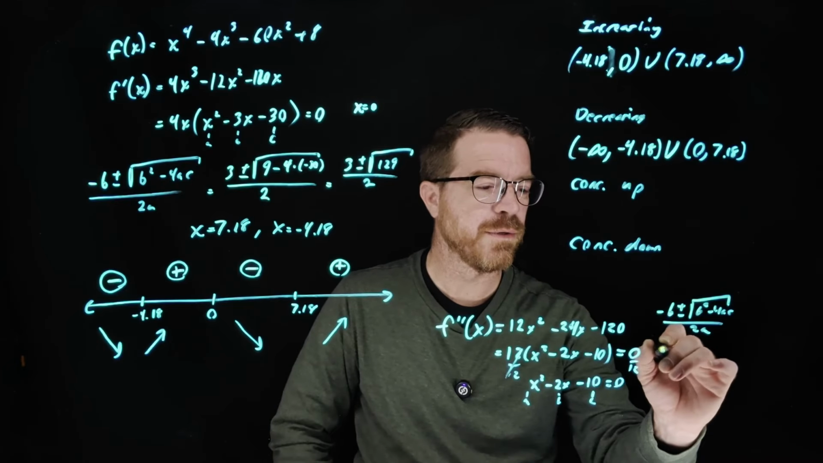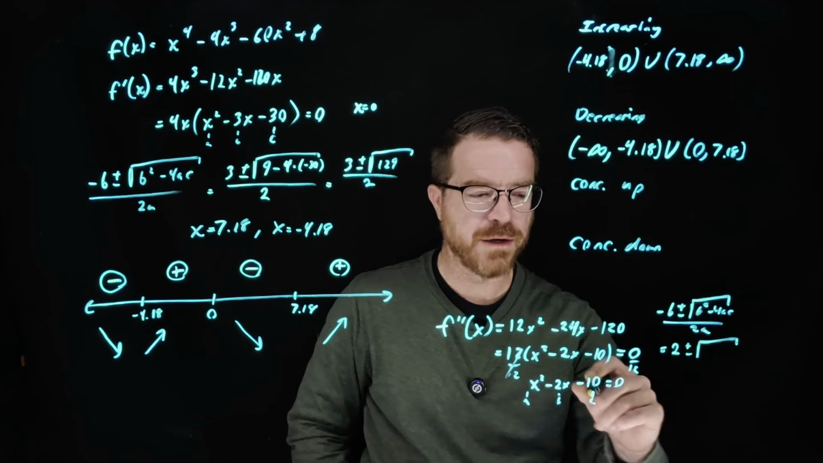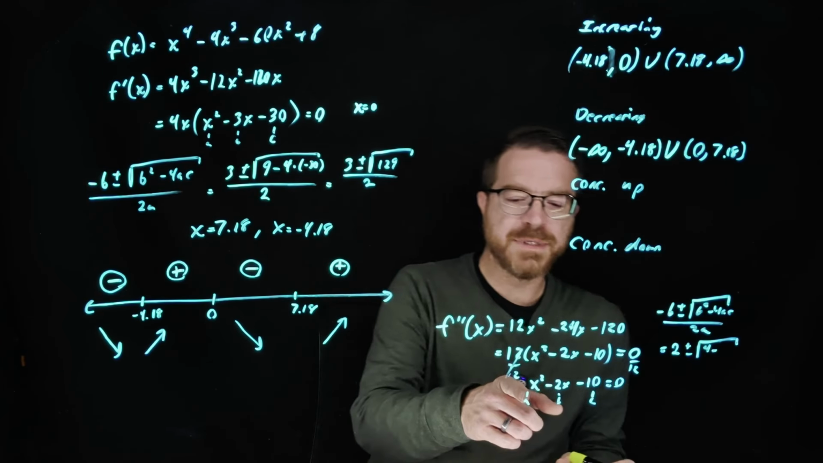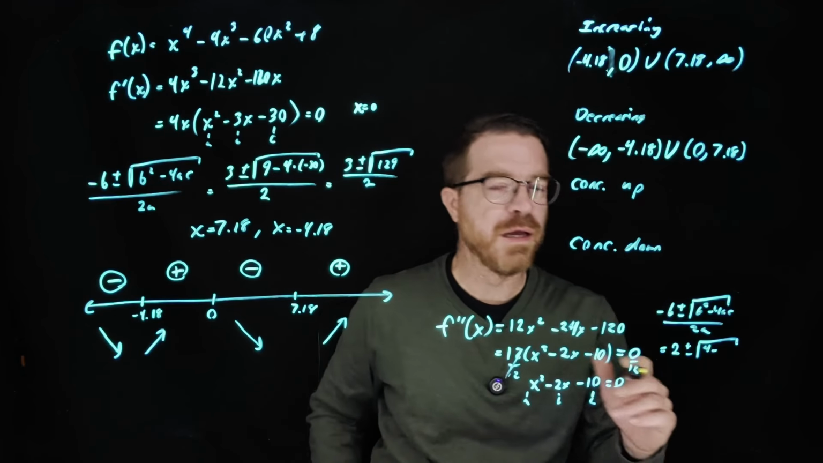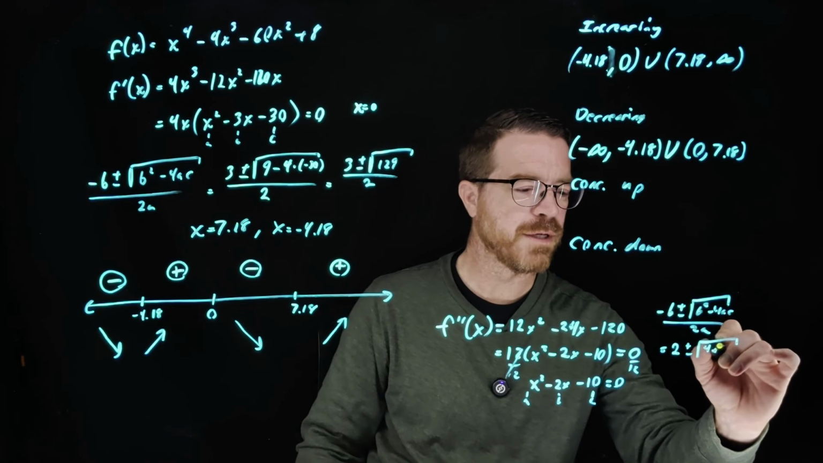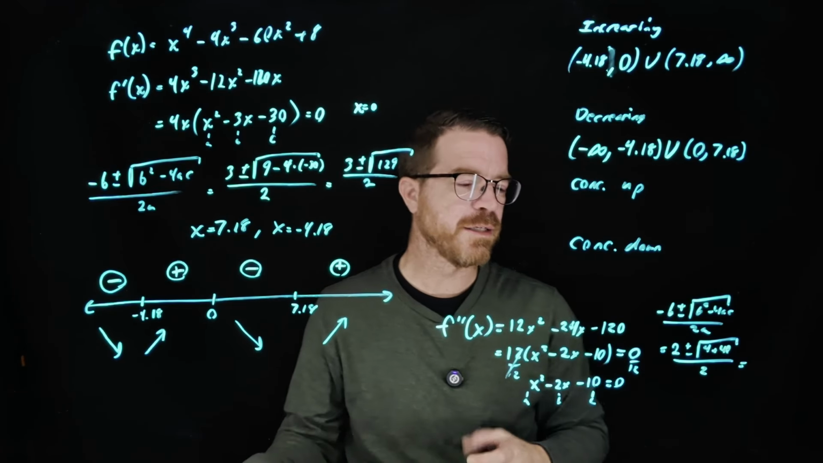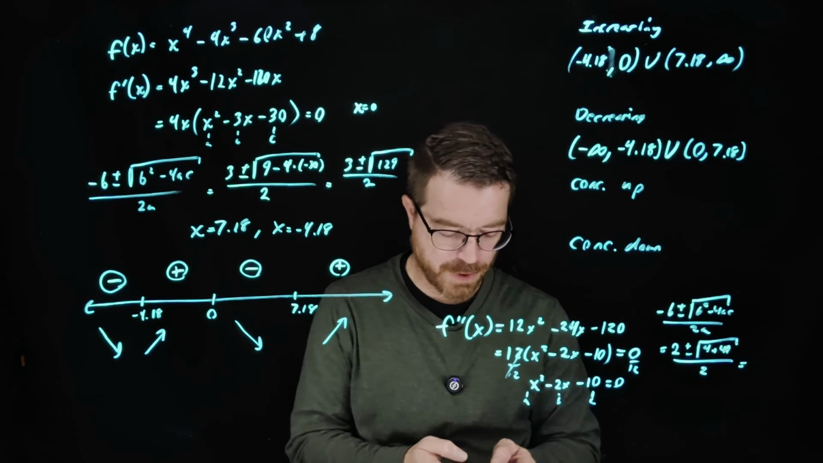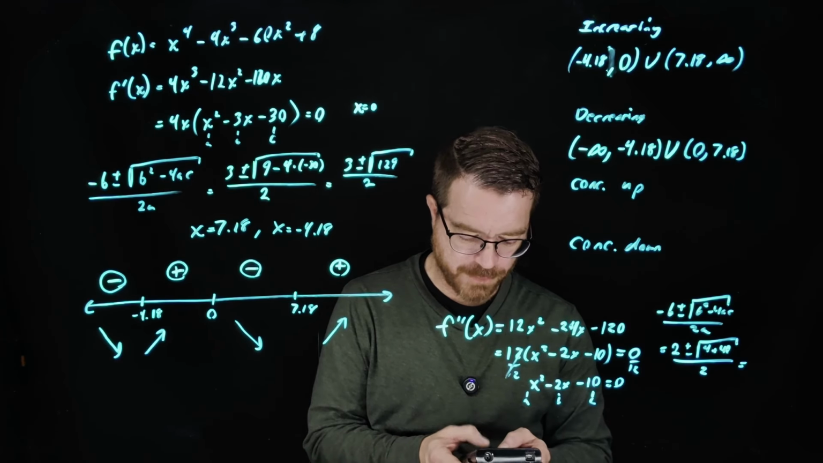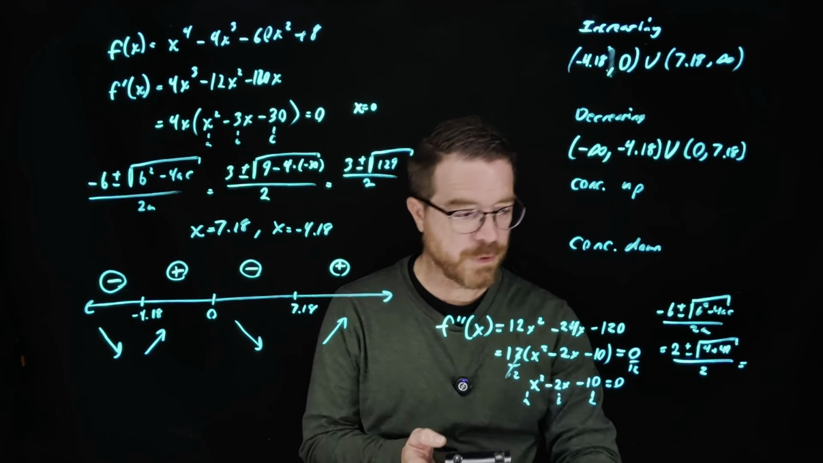This is going to be equal to positive 2 plus or minus the square root of negative 2 squared, which is 4, minus 4 times 1 times negative 10. So minus negative 40 is going to be positive 40, so plus 40, divided by 2 times 1, which is 2. So this means we have 2 plus the square root of 44, divided by 2, and this is going to be equal to